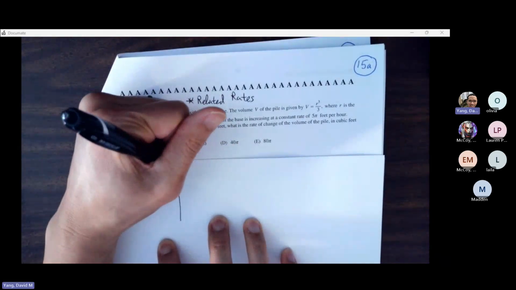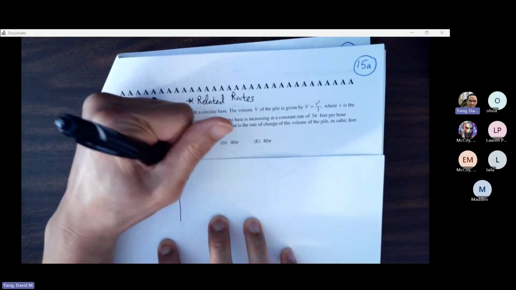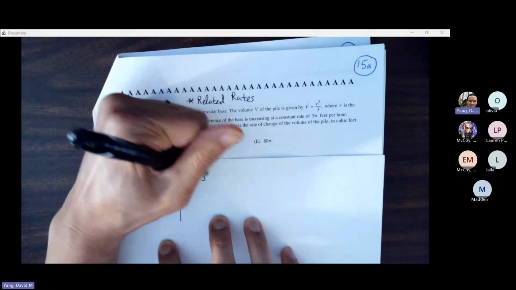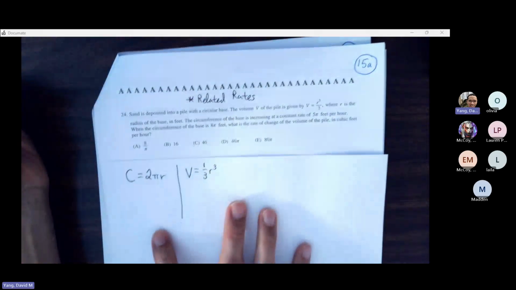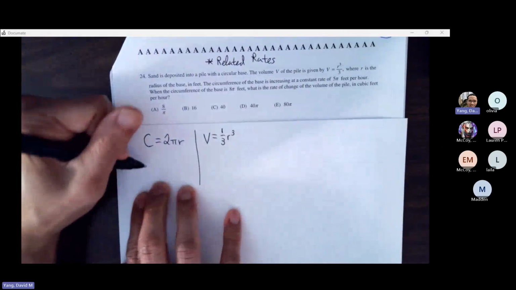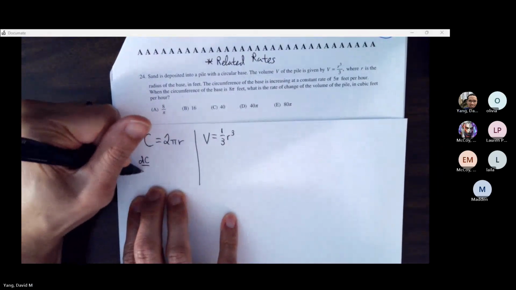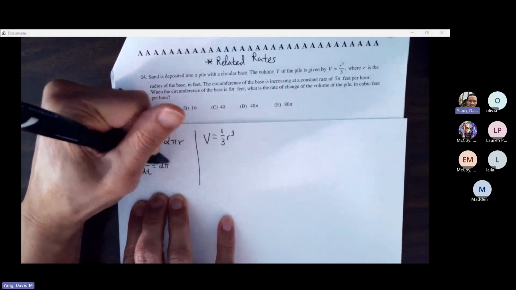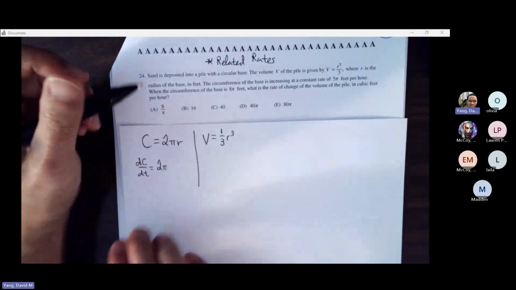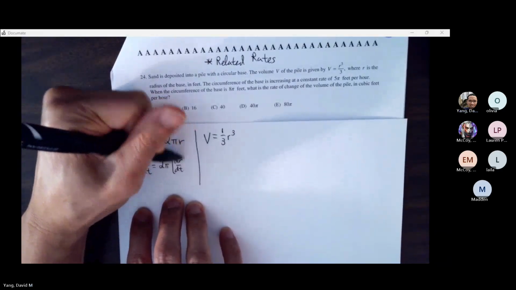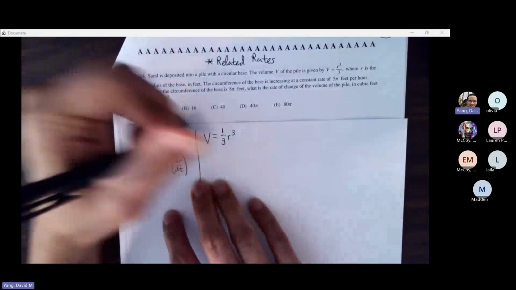So the two equations that we're working with are V equals r cubed over 3, or I can think of it as 1/3 r cubed, and c equals 2 pi r. Let me just get the derivatives out of the way and just have everything in front of me. So c becomes dc dt. 2 pi r becomes 2 pi, r disappears, but we are asking for r's derivative with respect to time. So times dr dt. And then V's derivative